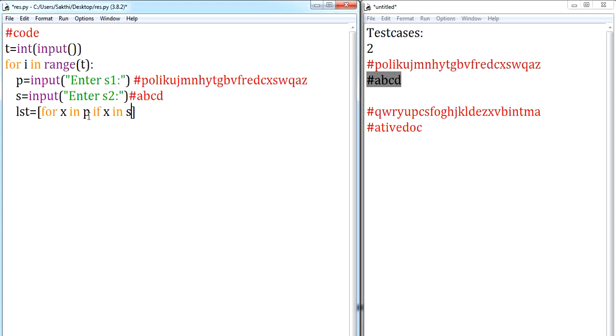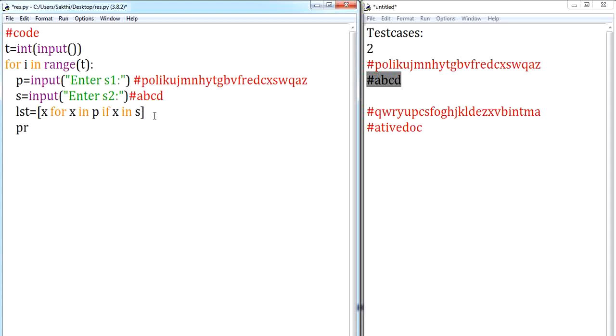A very simple statement. First I will take character by character from the given string P, and I will compare whether this particular alphabet is present in the complete string. If it is present, let me add it to my list. Clear? Just a simple statement. If it is not there, it will not be added. I'm giving the true condition part alone.